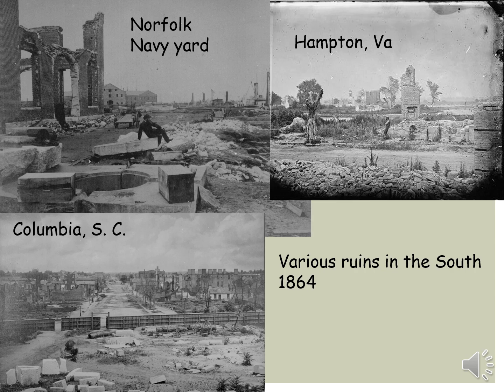That little dark structure kind of in the left foreground, that's actually a buggy pulled by a horse. And it's a hot day, so the photographer has an umbrella up. So he's gotten in there, crawled up on top of the ruins of the Capitol building, and taken a picture down into Columbia, South Carolina. So look into the background, and again, what do you see? All the buildings in Columbia, South Carolina, the state capitol, are nothing but husks. They're burned out.